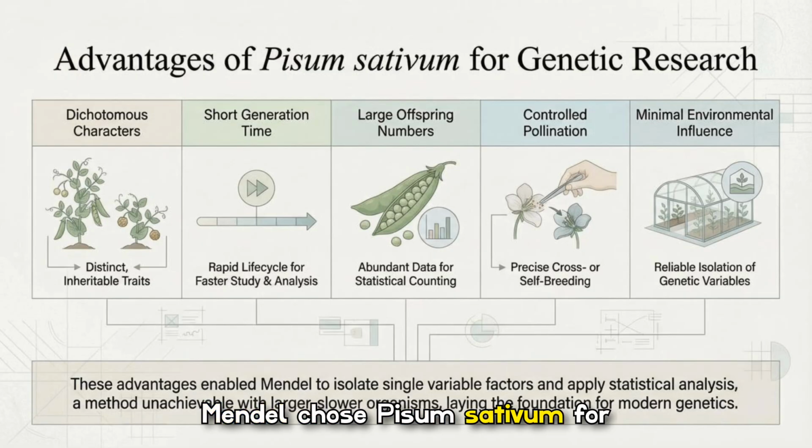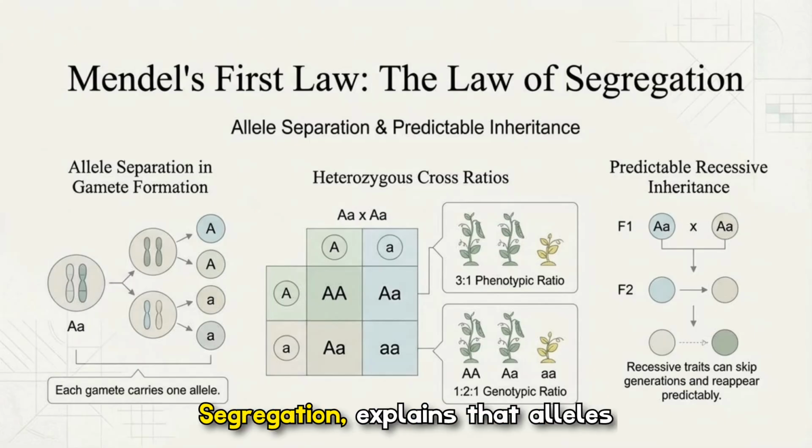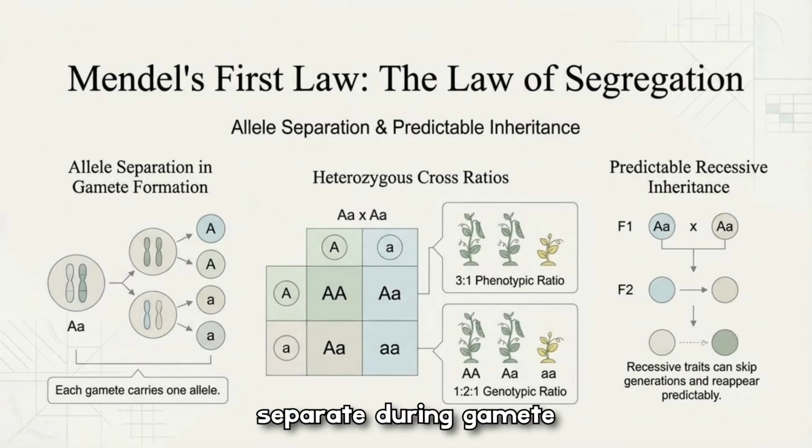Mendel chose Pisum sativum for good reasons. Peas have distinct, inheritable traits, short life cycles, large numbers of offspring, and can be easily self- or cross-pollinated with minimal environmental interference. Those practical advantages let him isolate single variables and apply statistical analysis, a method that laid the groundwork for modern genetics. Mendel's first law, the law of segregation, explains that alleles separate during gamete formation, so each